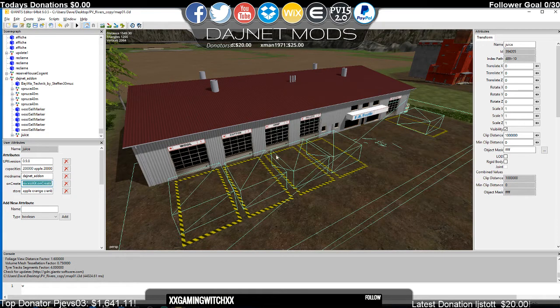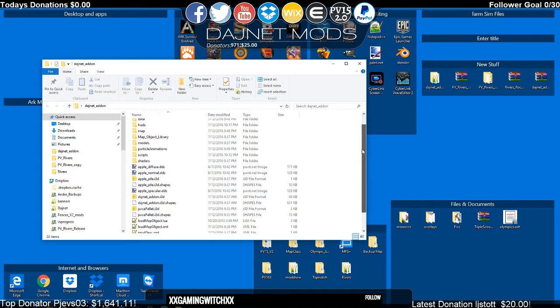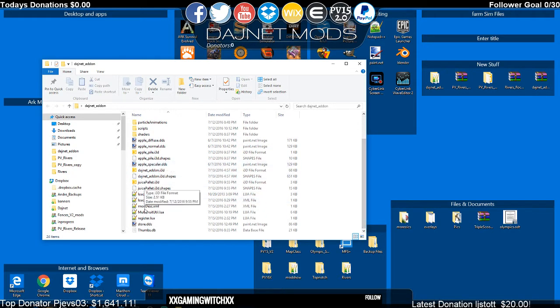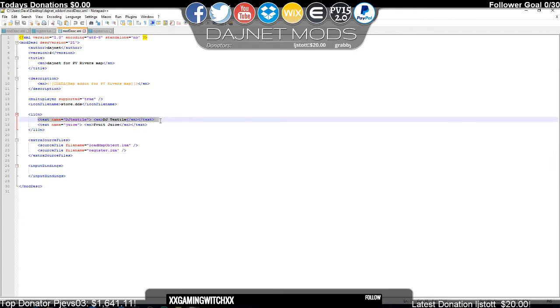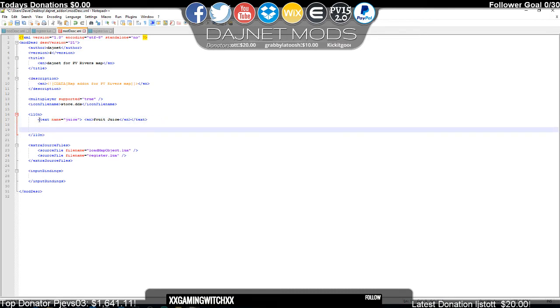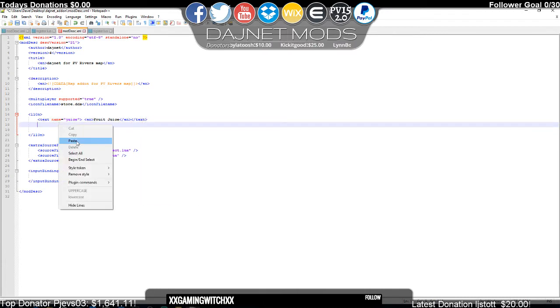Because we're calling all the stuff from the map, we want to go into our add-on folder and find our mod description file one more time right here. Where we have juice showing as fruit juice, we actually have to register the L10 entries for every product that's in the factory because it'll be reading them from here. So even though the factory products are in the map, this is where the UPK is going to look for the names. So we're going to put the apple,